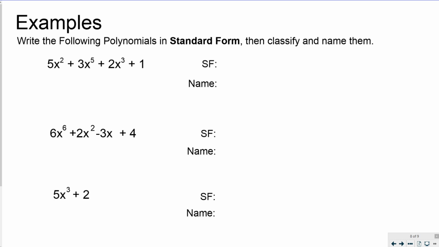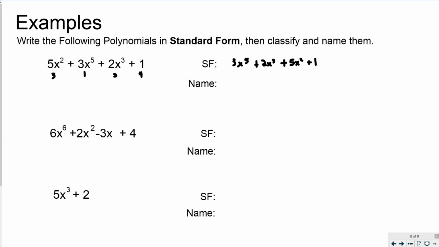With that in mind, I'm going to take you through a couple examples. Write the following polynomials in standard form and then classify and name them. This is going to be the first term because x to the fifth is the highest power. 2x to the third is going to be the second term. 5x to the second is going to be the third term. And 1 is going to be the fourth term. So the standard form of the polynomial is 3x to the fifth plus 2x to the third plus 5x to the second